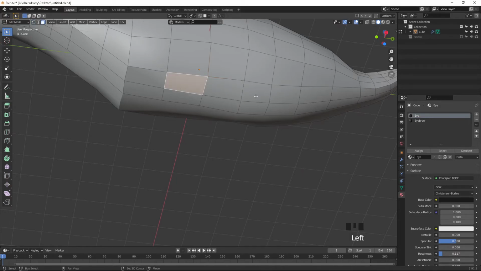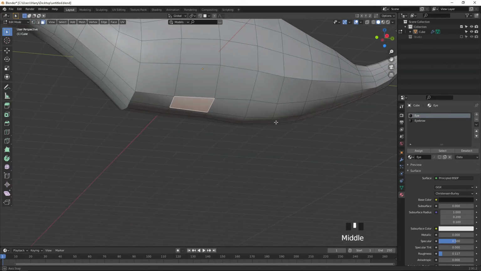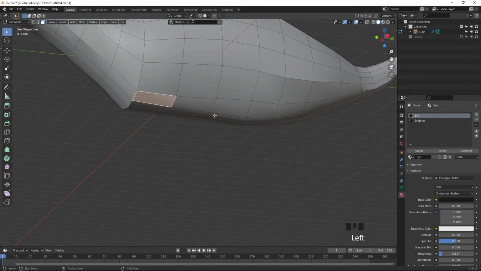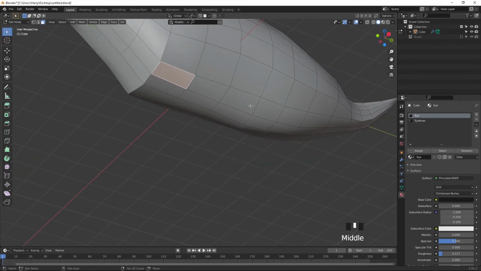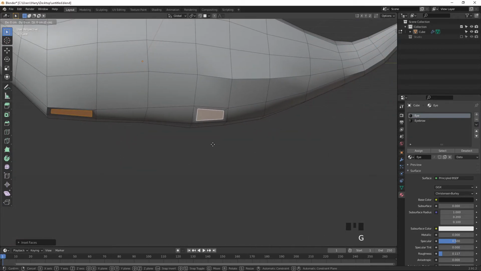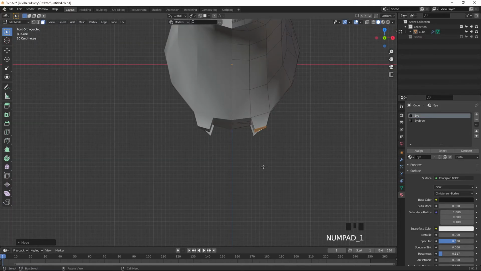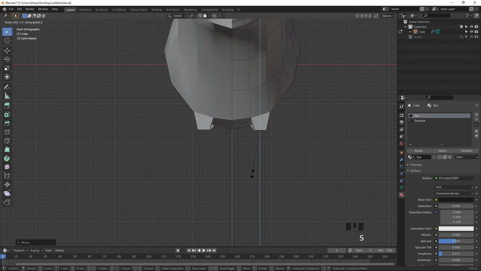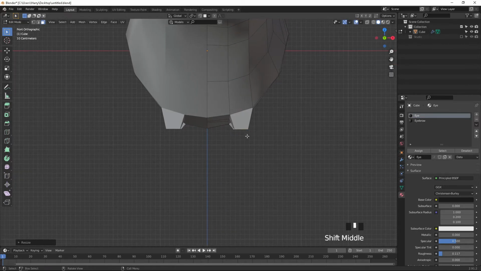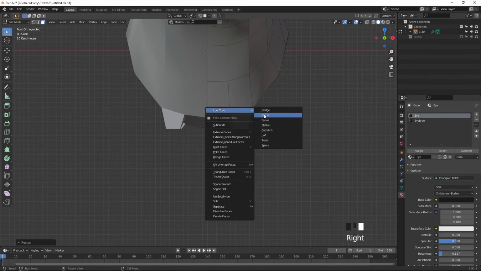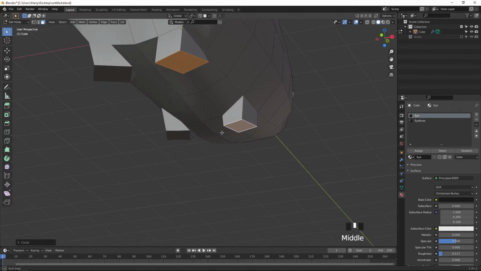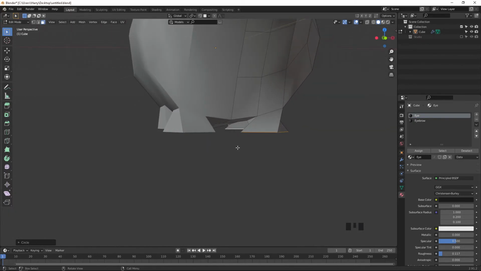Select this one, and no, this one, let it create here, and let me create here. I to insert, G to Z axis, set in front angle, scale Z 0, sorry, scale Z 0 to align it correctly, and right click and go to the loop tools and make it circle. Oops, yeah, correct, it's not bad.